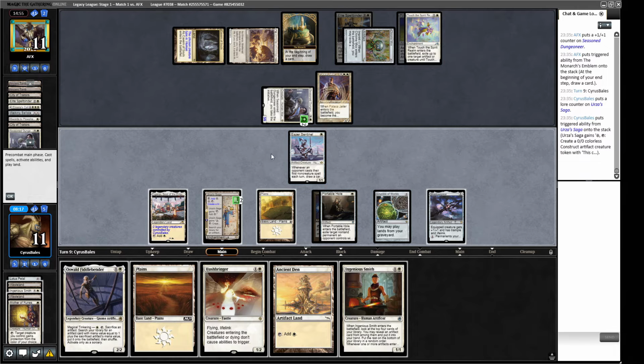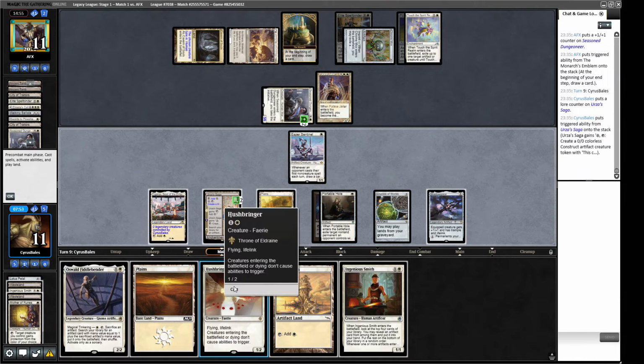They're just going to take the trade here. So if we get a Fiddlebender out now, we can get Fiddlebender and Ingenious Smith, or Fiddlebender Hushbringer. Fiddlebender Hushbringer gives us the combo next turn. If we play the Hushbringer out first,